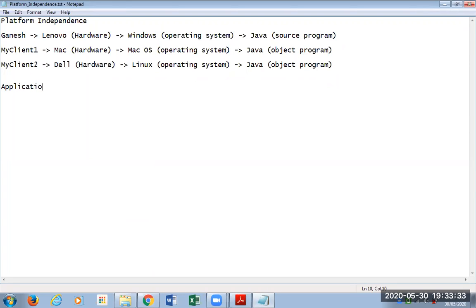Applications are of two types that we are discussing here. Applets: these are applications that work through the browser.